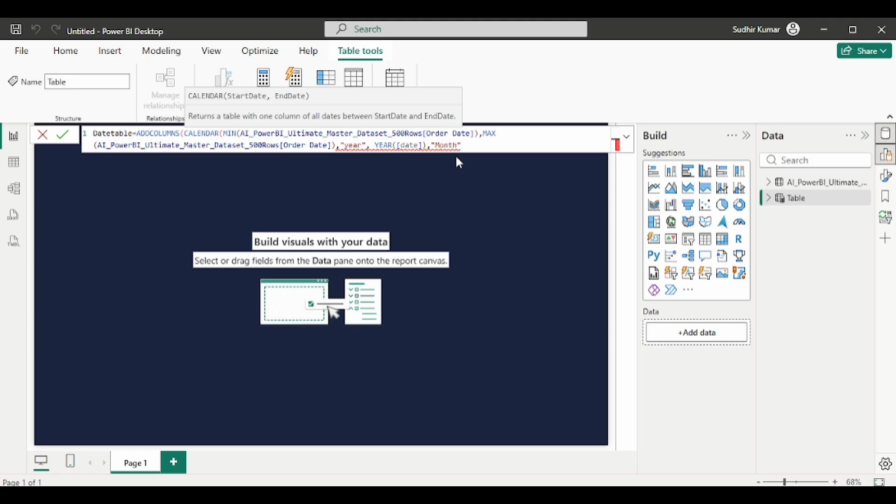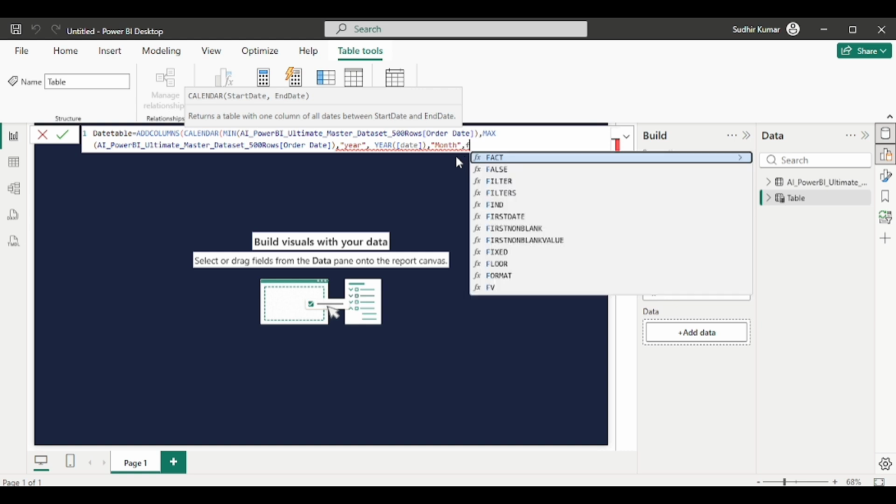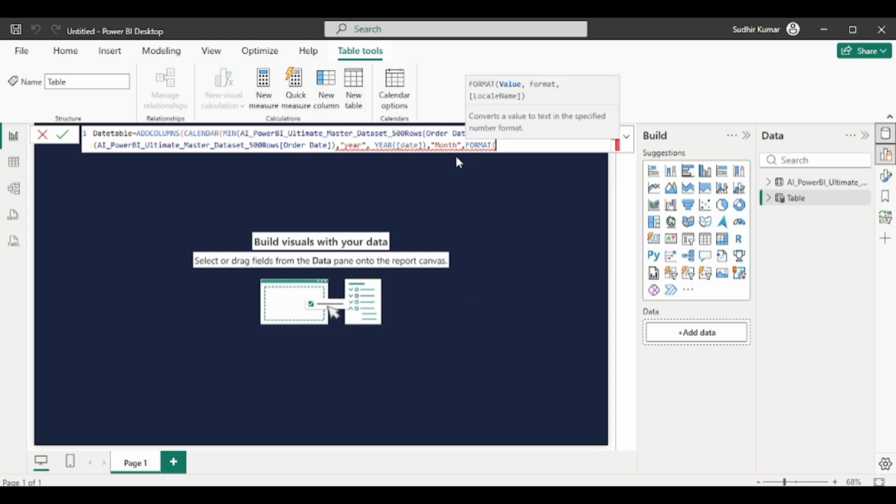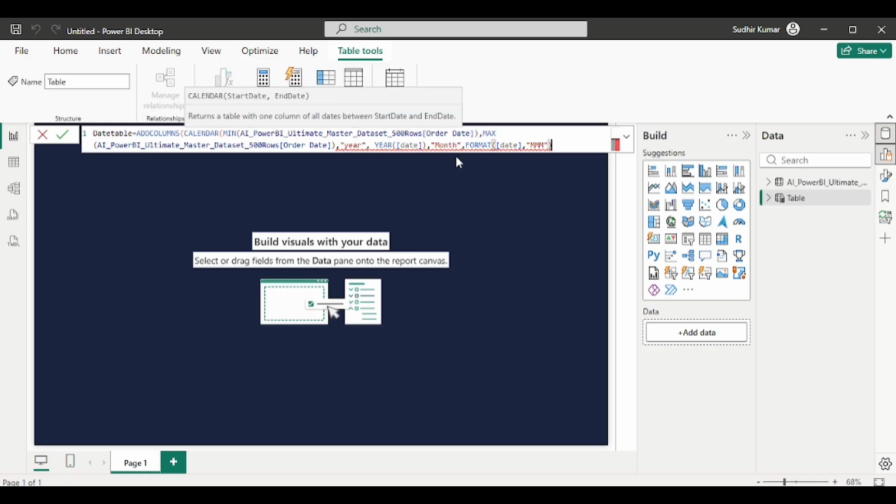So comma, then we have to write FORMAT. What will be the format of this month? FORMAT, right? So we say date, close, then the format would be triple M, MMM, and put the comma, close this,